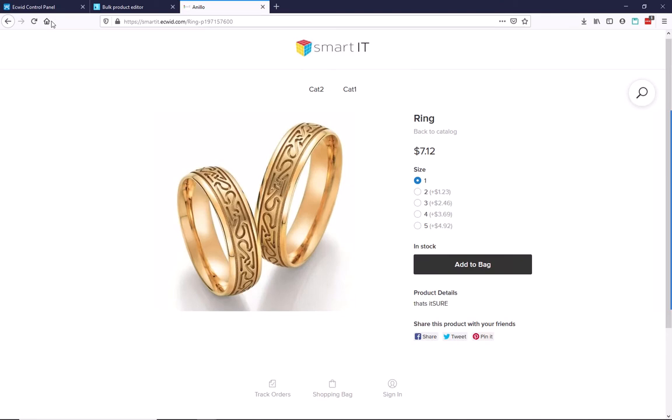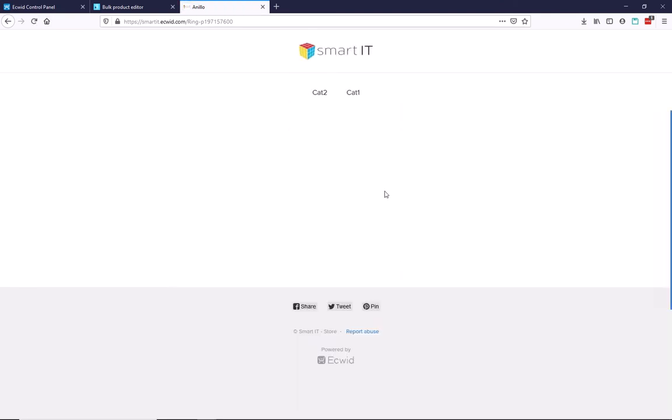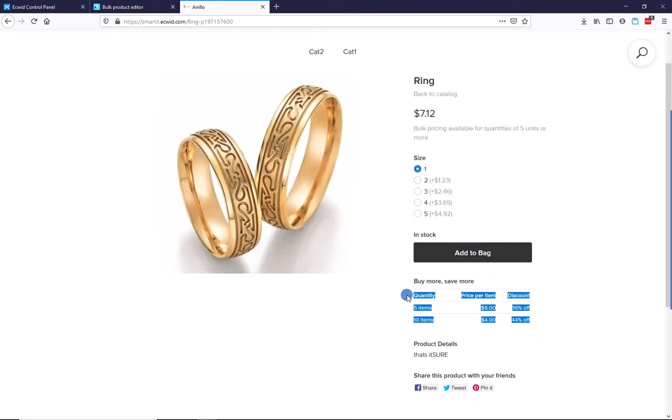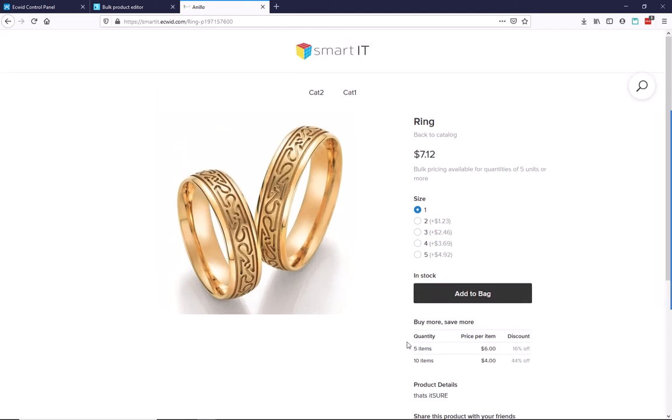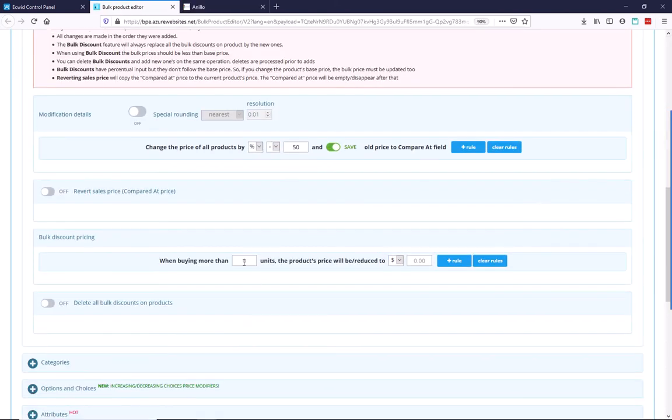Okay, when you go here, you don't see a change exactly, but if you add more to the shopping cart, you pay less. Okay, so this is the bulk discount. So here I'm going to replace that bulk discount. I'm putting that if you buy 10 units or more, the price will be 6, and you have here